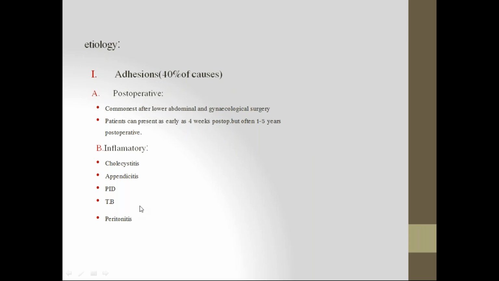In our country, we need to rule out tuberculosis. The tuberculosis adhesions are more common. It involves the ileocecal region and secondary peritonitis, pelvic inflammatory disease in most of the females, and cholecystitis and appendicitis, inflammatory pathologies. These inflammatory pathologies, if the inflammation is severe,